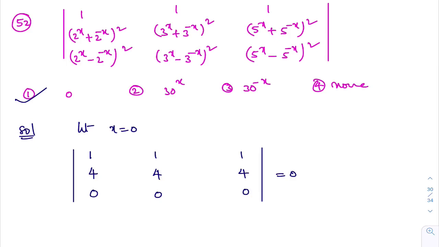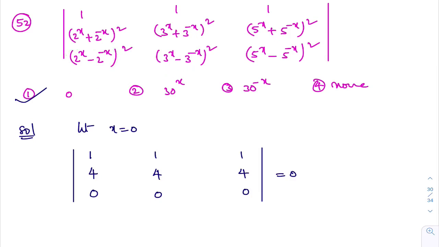In case two options are coming from this, then I'll go with x equal to 1, x equal to minus 1, like that. In that verification method, I want to do this. So in that procedure, I take x equal to 0. But luckily, why I got the idea of taking x equal to 0: when I put x equal to 0 in this, 2 power 0 minus 2 power minus 0, 2 power 0 is 1, 1 minus 1 is 0. Here also 3 power 0 is 1, minus 3 power minus 0 is 1.